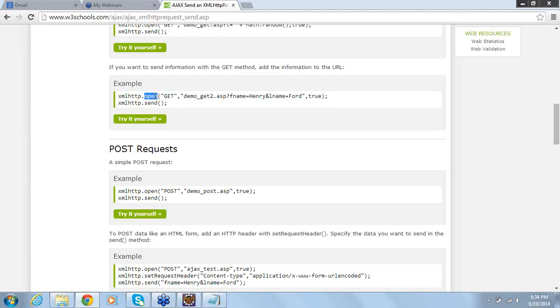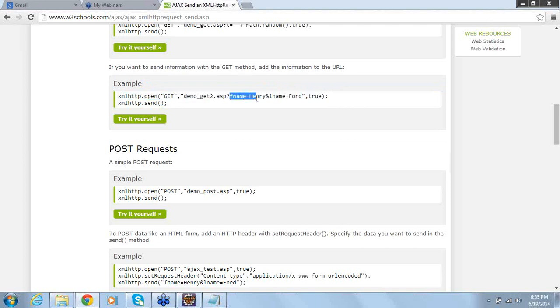You are opening the XML HTTP object, that is, you are opening the connection. You establish a connection with the server, and then you send whatever you want to send. Now here you send nothing, right? It is like submitting a request. This is like establishing a connection with the server. Okay. But since it is a GET